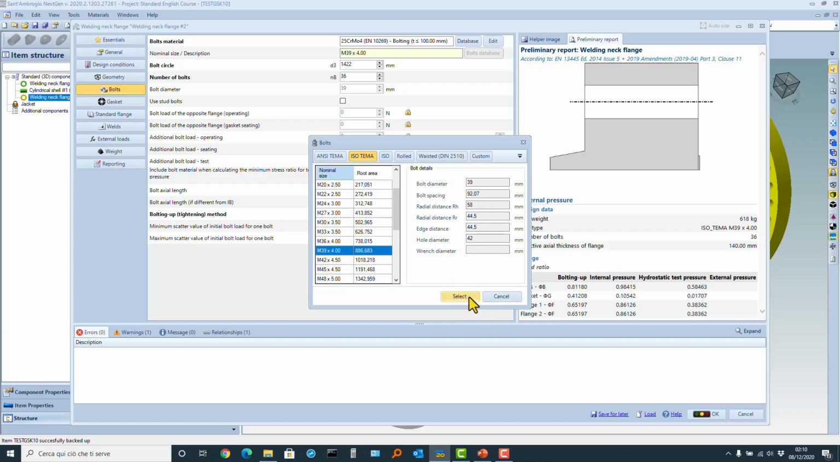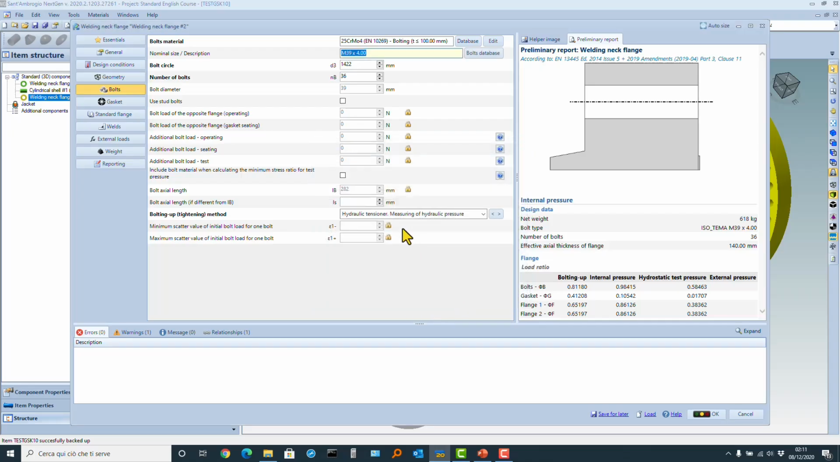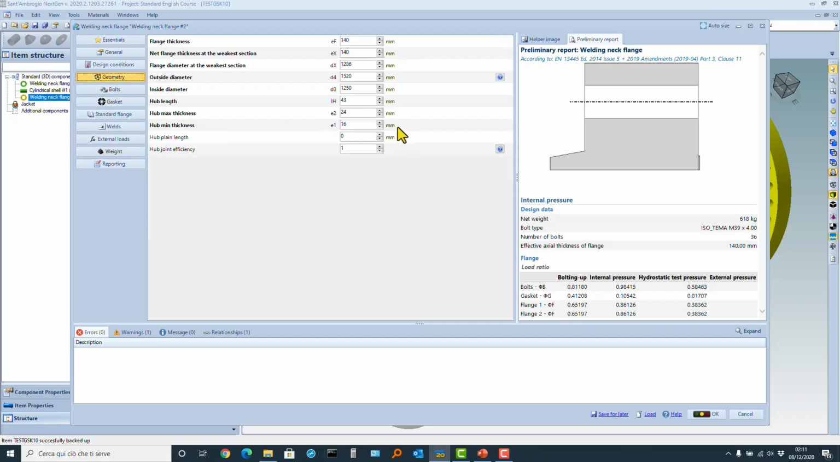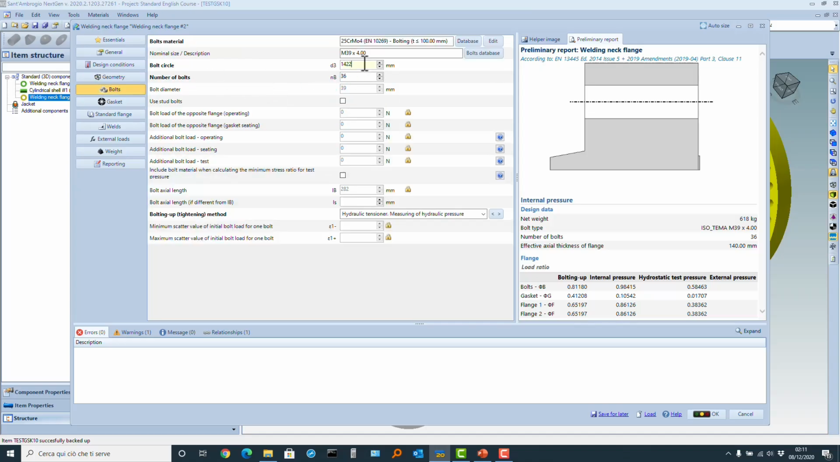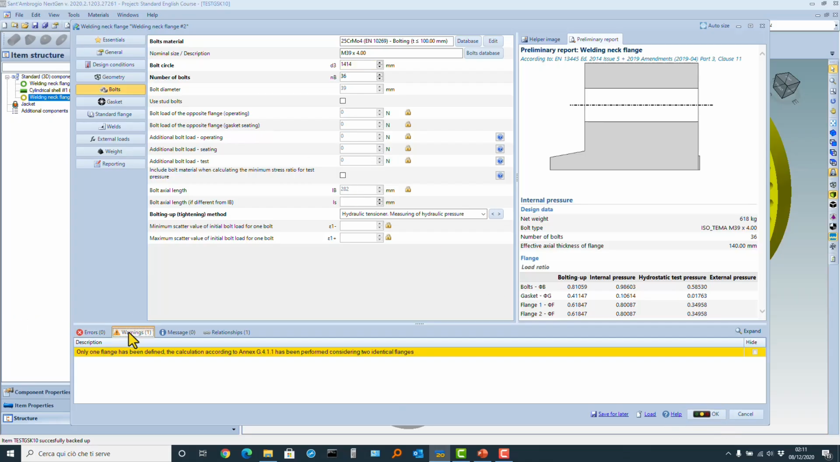Let's try to see if this is possible. So we leave M39, and then we reduce geometry. We reduce the bolt circle by 8 millimeter, minus 8 millimeter, 14.14. Okay, no yellow warnings. Okay, this flange is still possible,